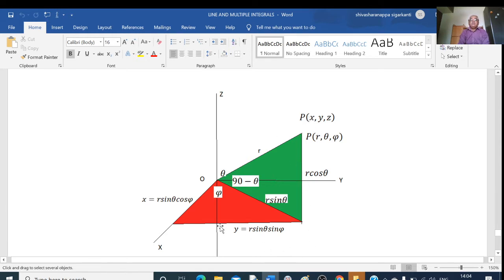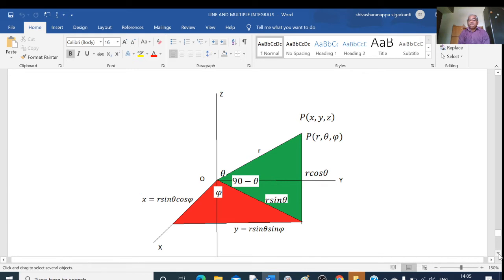This point can be represented by the spherical coordinates. Here, in this case we have taken the sphere, r ranges from 0 to a, theta ranges from 0 to pi, and phi ranges from 0 to 2 pi. These are the limits of r, theta and phi. And in the triple integral we have to replace dx dy dz by r square sin theta into dr d theta d phi.